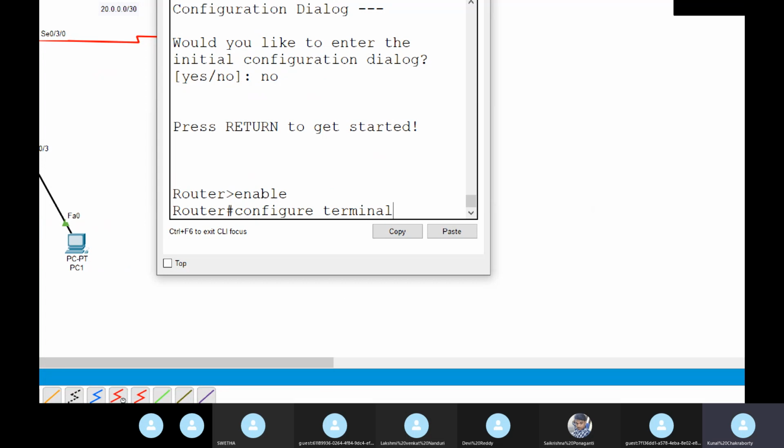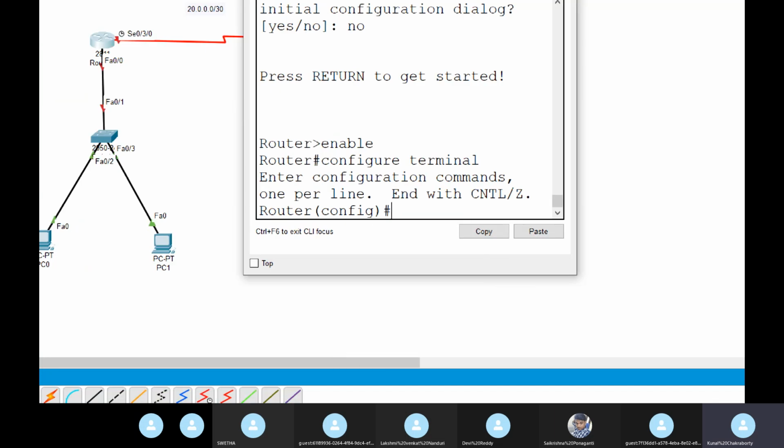So write down the commands. It's recording, but note down the commands. Press enter. Done. Now you can see router with config in brackets. Router config came. Now whatever you will be implementing, you have to implement here.